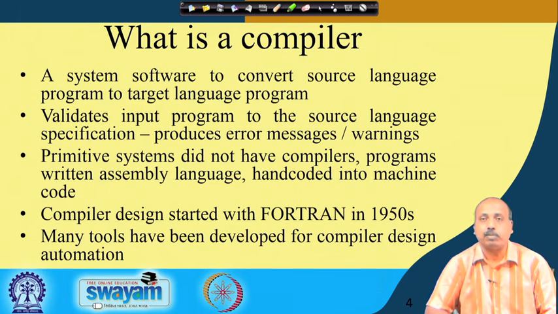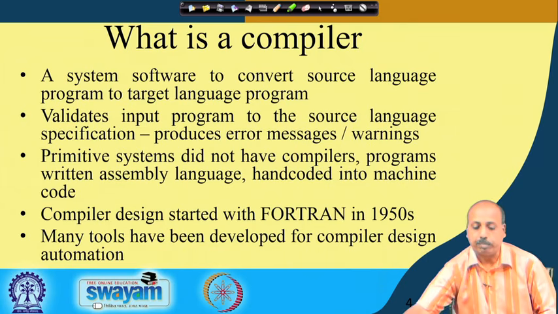For example, if a semicolon is missing, then it can say that one semicolon is missing at this point. Sometimes we also need to produce warnings. Warnings are like this: at some places maybe the programmer has not written some specific declaration or specific transformation that is needed, but it may not be an error. The program will execute, but the outcome of the program may be unpredictable.